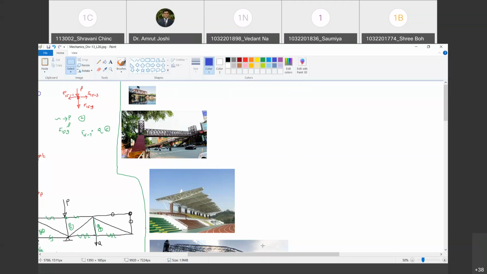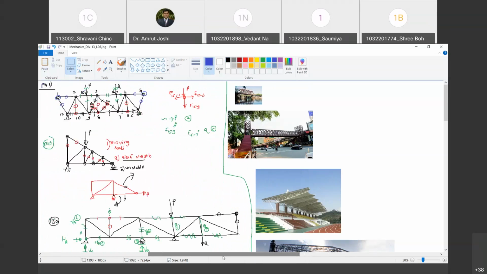So I have now conclusively told you the reason why the assumption to neglect self weight is judicious in case of trusses. Are you with me? Yes, sir. Okay. So with all this discussion, we are going to close the chapter on trusses. It did include method of joints, method of sections, and finding out zero force and equal force members. Are you with me? Yes, sir.